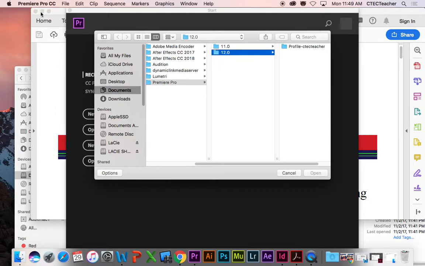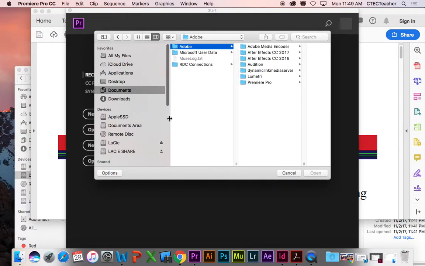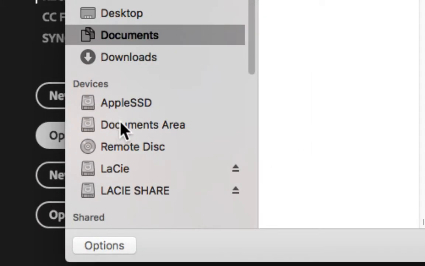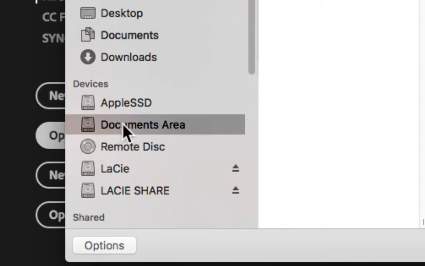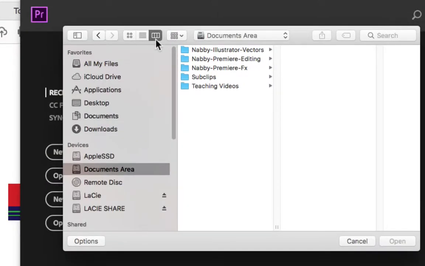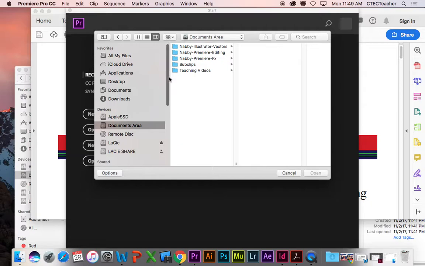So here I am. Do I want to be in Documents? No. Where do I want to be? Documents area. So I want to stretch this column out so I can see my Documents area under Devices. Highlight Documents area. We're in column view. I'm going to then highlight